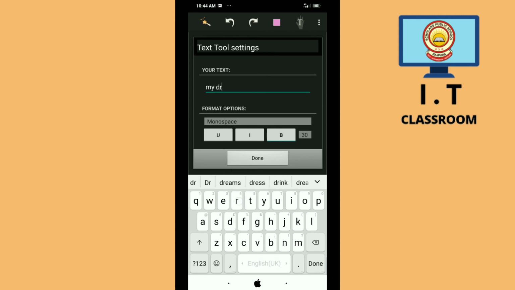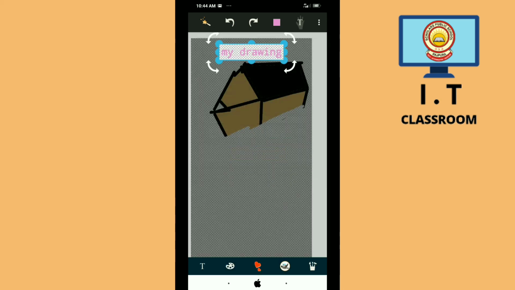After typing this text, you can click on the done option. So by clicking on the done button, you have entered your text in the drawing. In this way you can add text to your drawing with the help of the text tool.